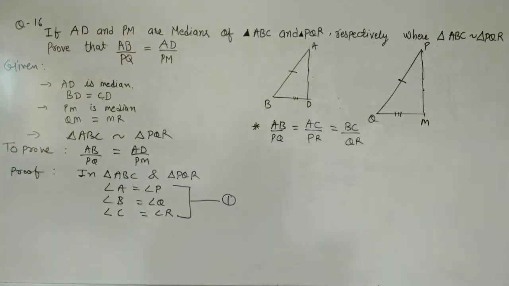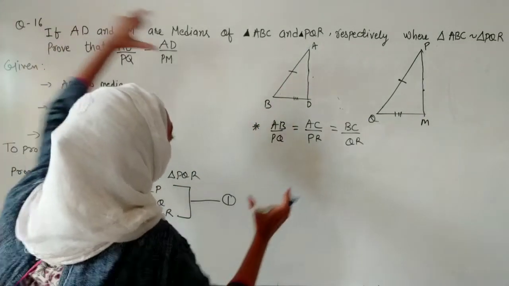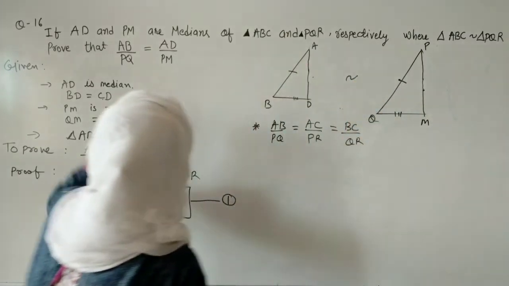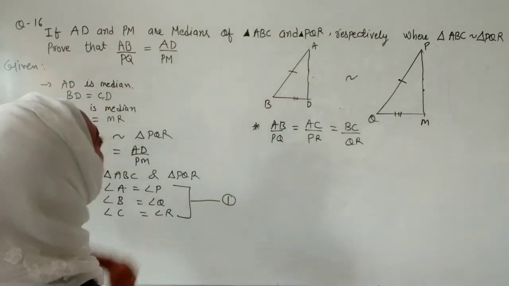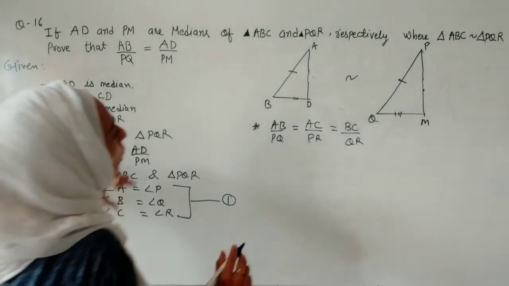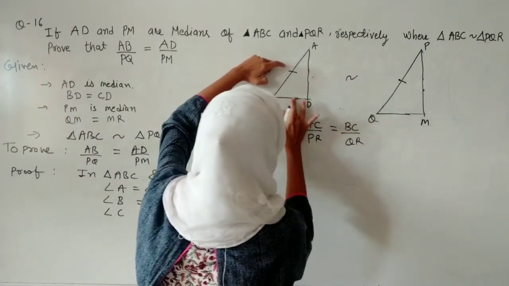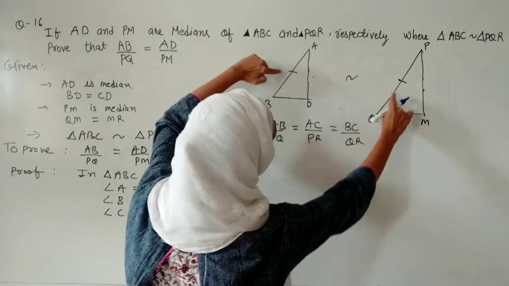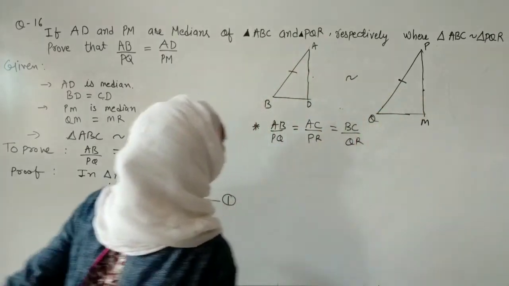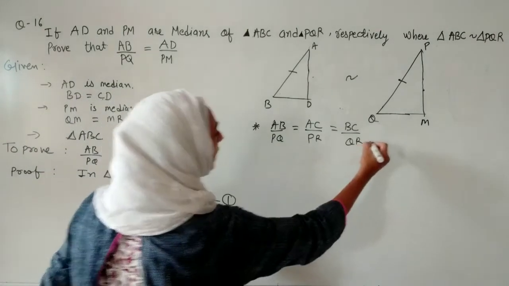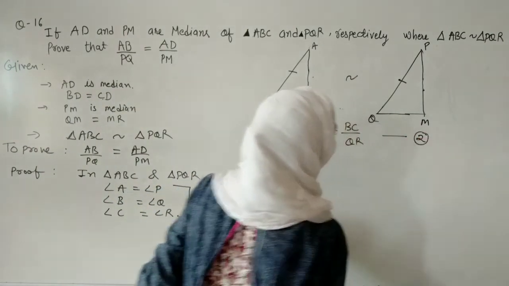So here we will give focus on that. If we are successful in proving these two triangles similar, our answer and our ratio will come automatically. So the main motto here is, this is not given to us. This is not given to us. Only AB by PQ is given to us. So further on we will move. We will call this equation number 2.